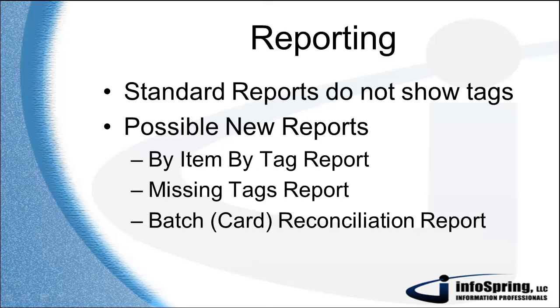Also, if there are any tags missing from a control batch. So for instance, our first card that we entered, we're supposed to include tags number 1 through 100. If there were any missing there from the beginning or end, you'd also want to display that. So even though they're not out of sequence, we were expecting 100 tags there. Did we in fact get 100 tags? You may want some kind of batch or card reconciliation report, just showing you all of the cards or batches, the number of tags, the number of items included,